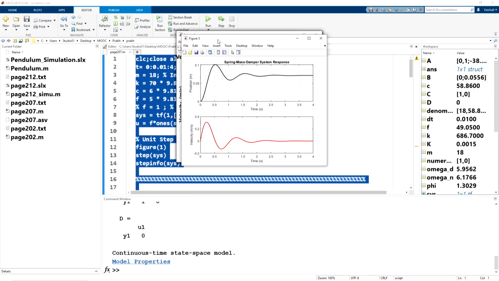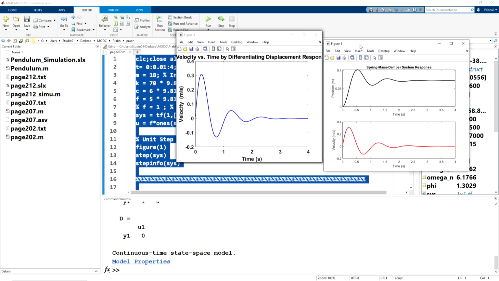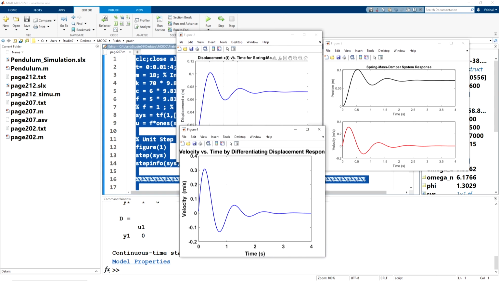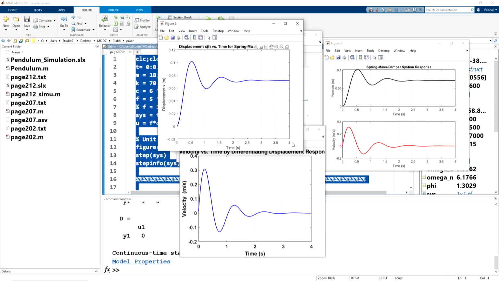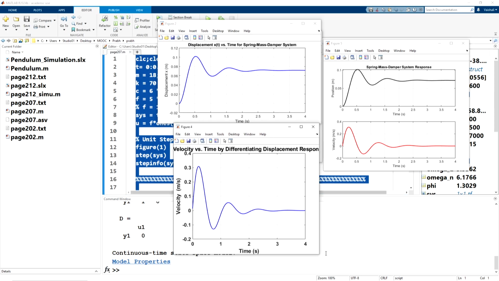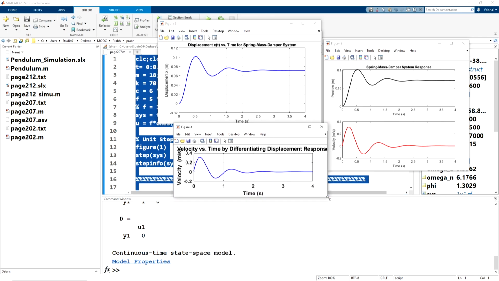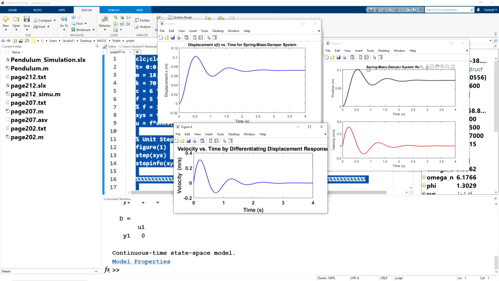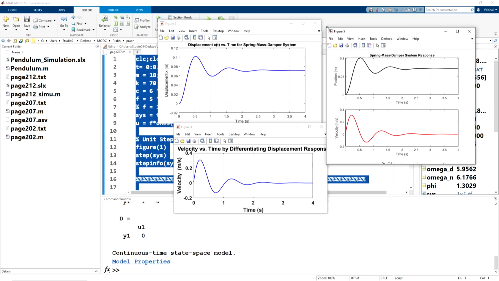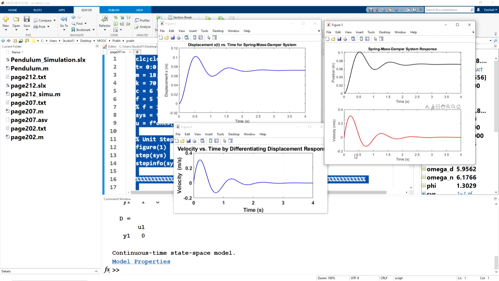Now if you run this code for this figure 5, let me run the whole code again. Right. So this is figure number 5. Here we have position. This was velocity. Let me just rearrange it. So here we note that the state space method, another methodology, is giving similar results for position and velocity.